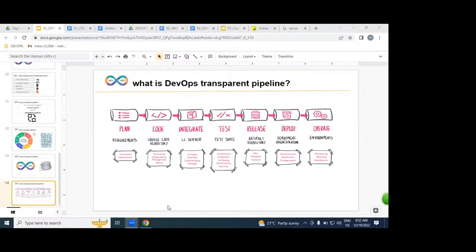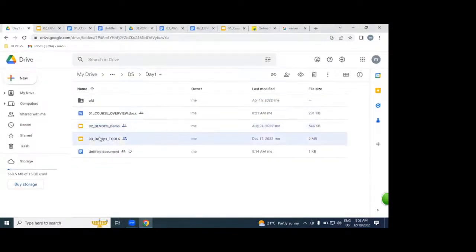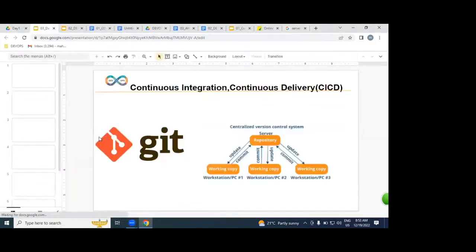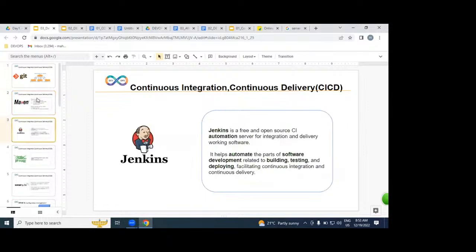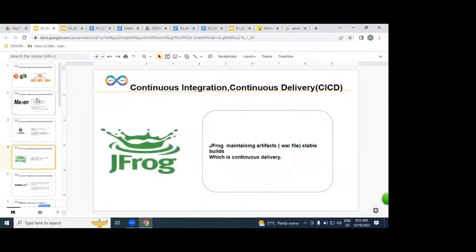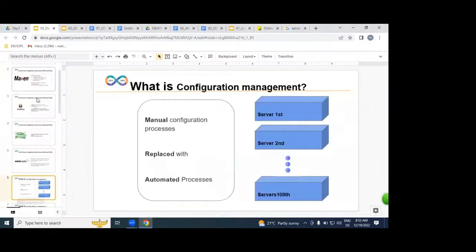But for implementing this DevOps process, which tools are we going to use? We should learn some tools or not? Let us list them down. Git we are going to learn. Maven, Jenkins, JFrog, SonarQube.